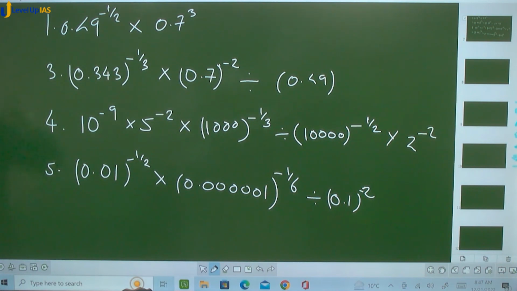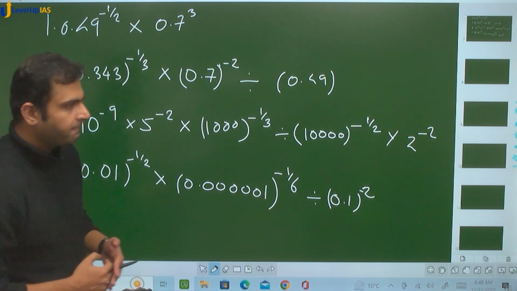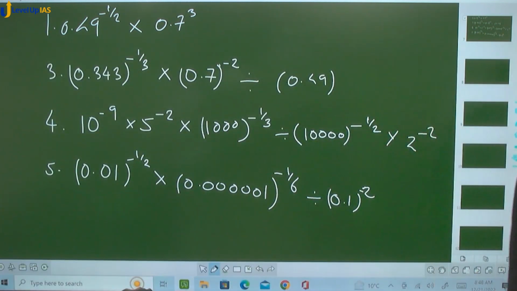ठीक है, कर लो भाई, ट्राई करना, हो जाना चाहिए अभी. 2 मैंने मिस आउट कर दिया क्या बीच